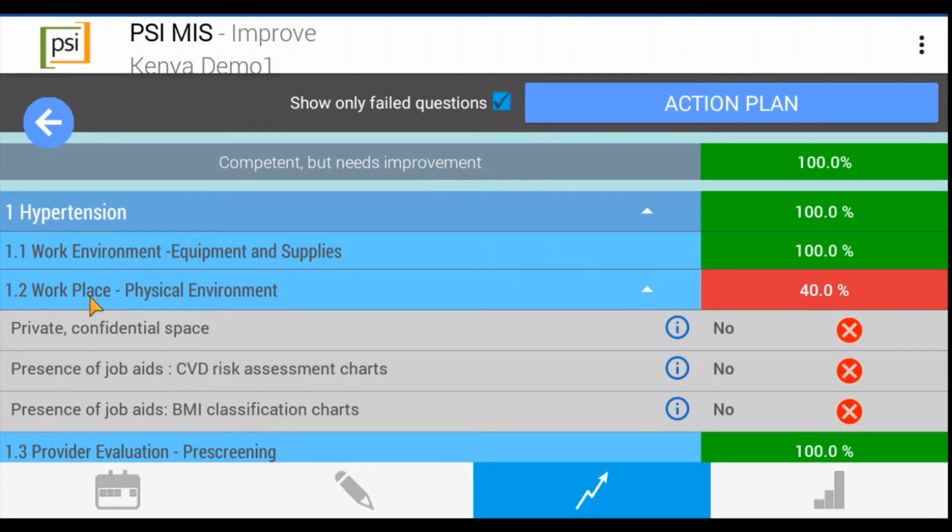So here in this section, these are non-critical, but there wasn't a private confidential space and there were no job aids. So the non-critical questions were factored into the subsection score, but they are not factored into the overall score. The overall score is only calculating the critical steps. However, the competency class is factoring critical and non-critical, which is why it's saying this provider's competent but needs improvement